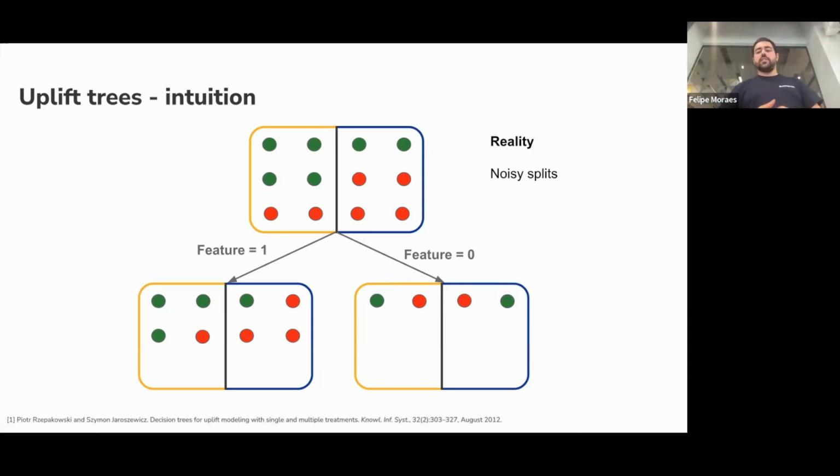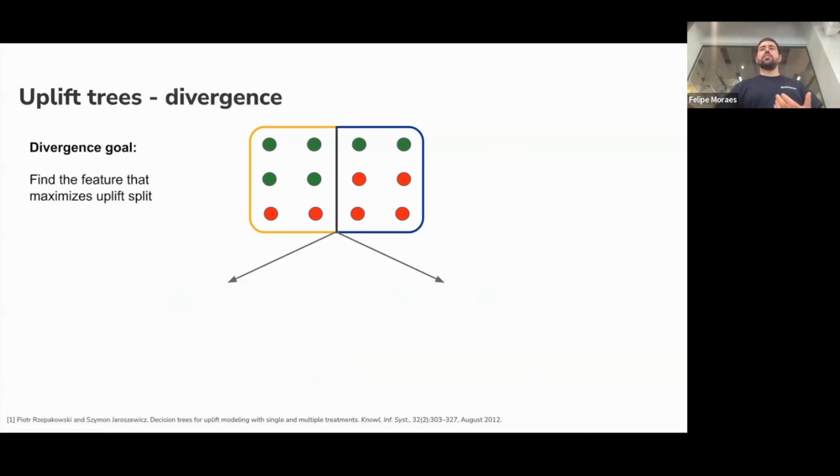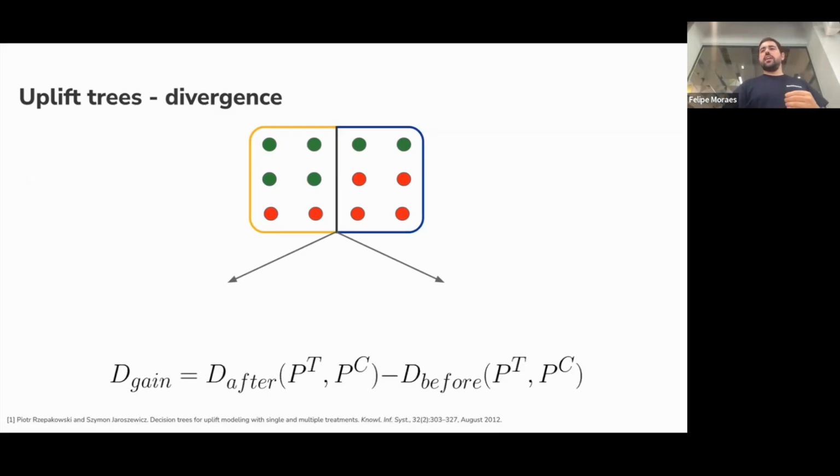And in this case, it is more or less the same. But how do you measure the quality of these splits? You use divergences. Here we just call them divergences because they don't have the properties of a metric, but some of them are metrics, like the first one I'm going to mention. You just measure what's the gain you get from splitting the data. So I have this quality before, and I will show you one example of a quality you can measure for these splits, and you calculate the quality after you split the data into two parts.